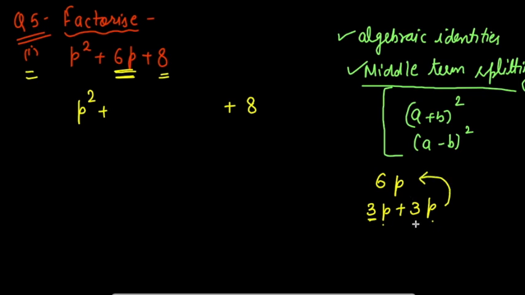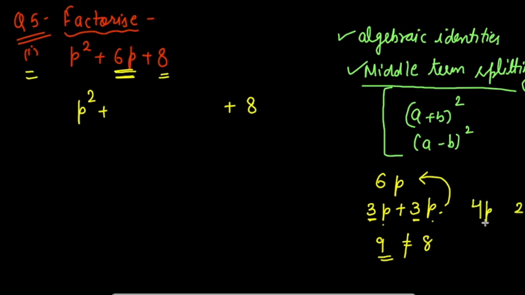But if I multiply plus 3 into plus 3, I am getting 9, which is not equal to 8, right? I have to try another combination. You need 8 and you need to write 6p in the split form. So with 3p and 3p you are not able to do it. If I take another combination, 4 into 2 is also 8,